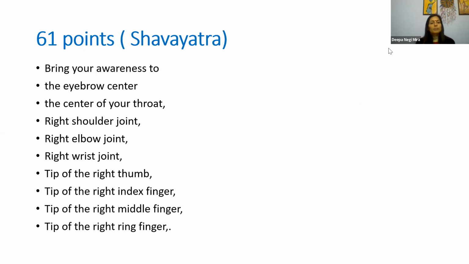Shavayatra. So bringing awareness to eyebrow center, then center of your throat, right shoulder joint, right elbow joint, right wrist joint, tip of your right thumb, tip of your index finger, tip of your middle finger, tip of your right